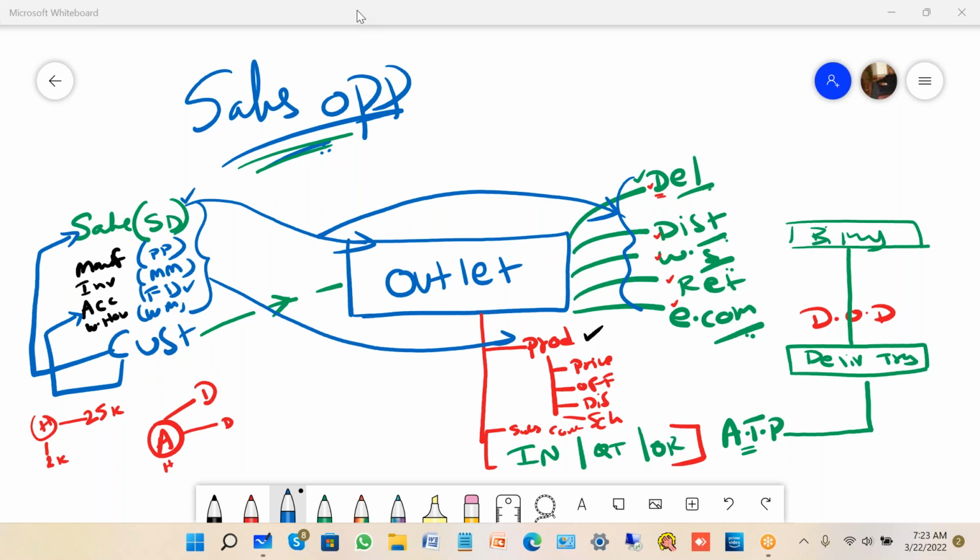Now, you understood how the other departments affect the sales operations. Now, the same process I'm going to show in the SAP system once again. So when I say the same process I'm going to show in the SAP system once again, like what we have seen the other day,